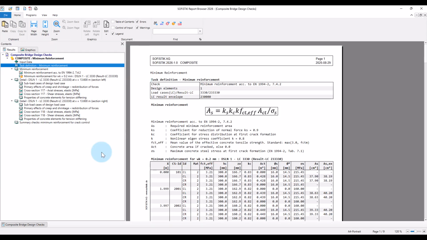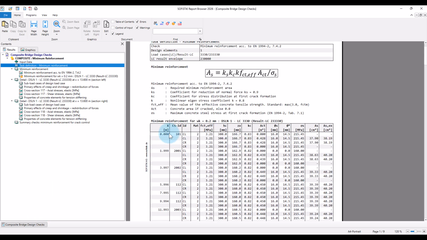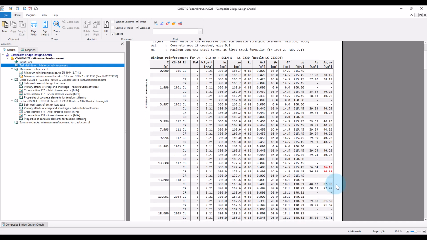For the check, we provide an overview table along the sections of the design element. For each thin-walled concrete element, the necessary minimum reinforcement is calculated and compared to the existing reinforcement amount. Important point here that applies to all tasks and also to the stress calculation: Module Composite considers only the reinforcement defined in the cross-section editor, respectively Module Aqua.